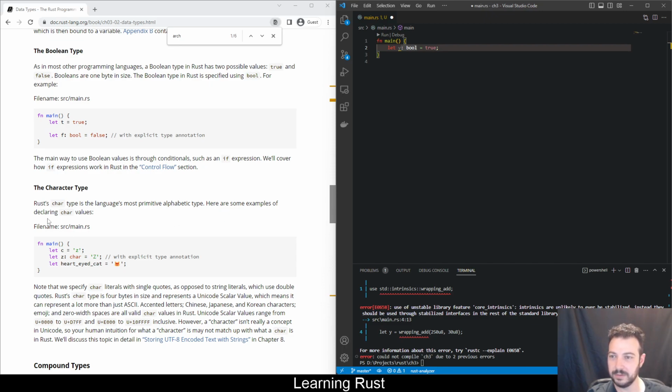Here are some examples of declaring char values. Let's see. I have c equals 'Z'. That's what we tried to do before, right? So it defaults to char, and also if I define it explicitly, and let's just copy this and see here. This is also a character. I think it says somewhere it's a